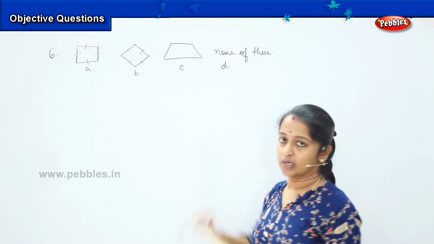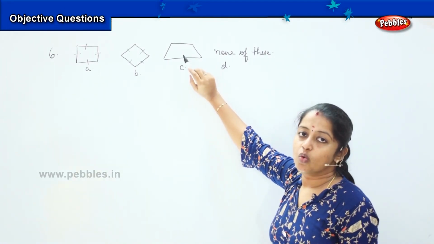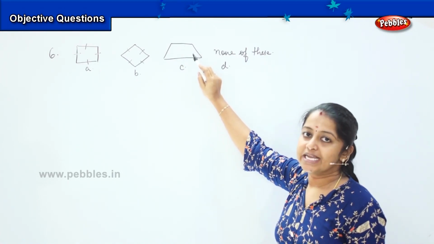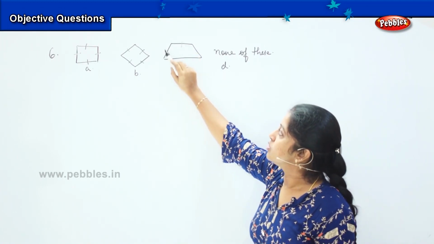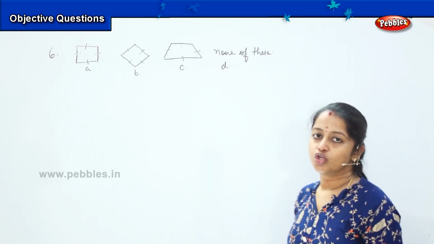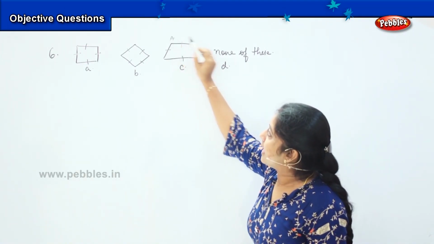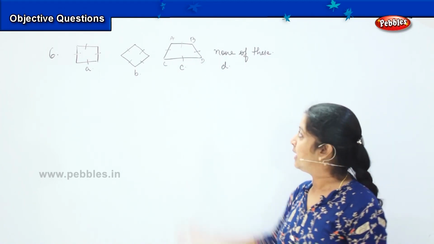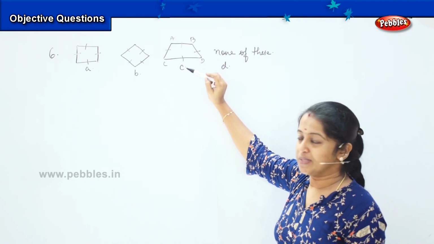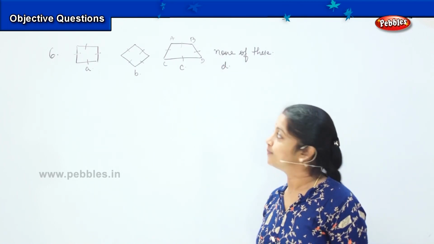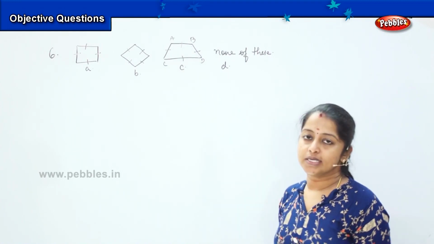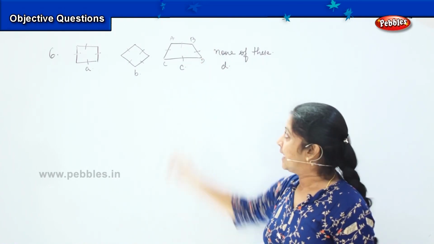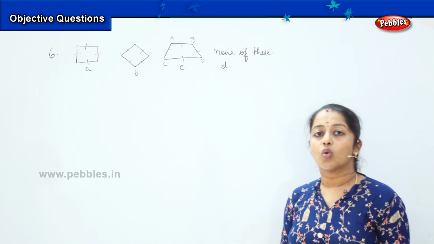Okay. The third one. This type of picture is called a quadrilateral, where though they have four sides, the sides are not equal. 1, 2, 3 and 4. Can you say that side AB is equal to side CD? No, these two sides are not equal, which means it is not a rectangle as well. Can you say AB is equal to BD? Yes, one of the sides is equal, but the other side is not equal. This type of shape is called a quadrilateral.